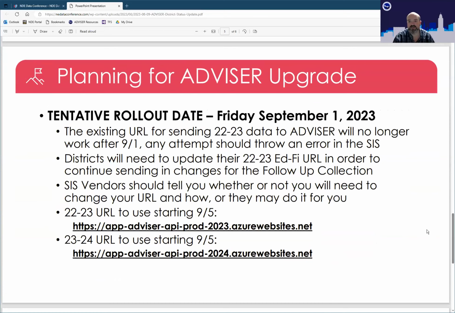Just a reminder, as I had mentioned before, since we're moving all of the servers over, and that includes the current home of the 22-23 data, that existing URL you're using now to send data up for the follow-up collection for 22-23 is not going to work after September 1st. If you try to send anything there, you're just going to get an error in the